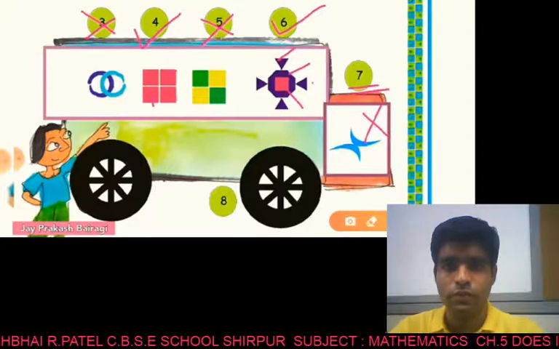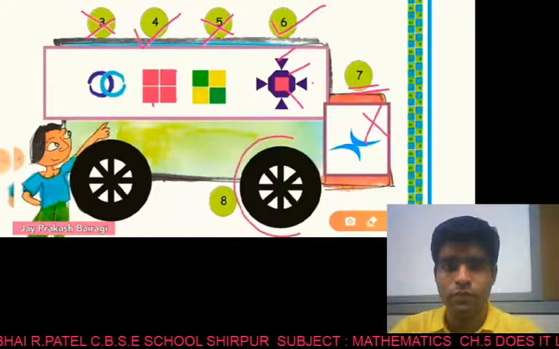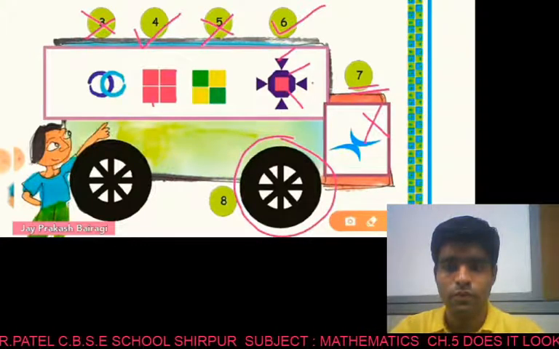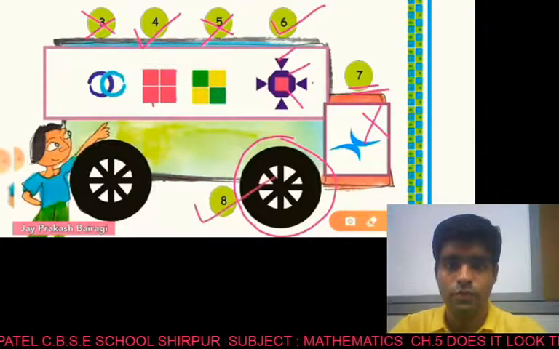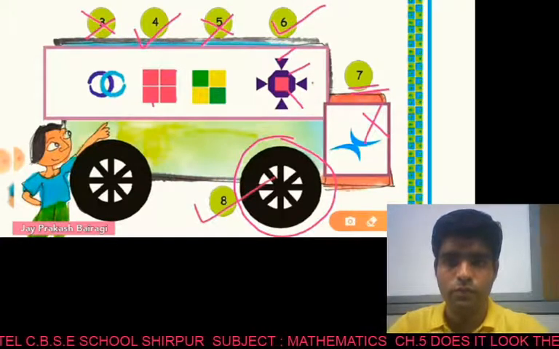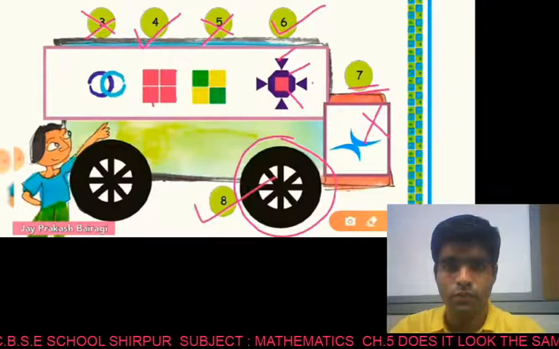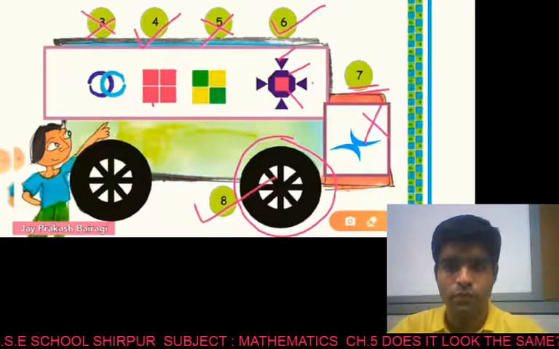And in the 8th picture you have a circle, meaning it's a wheel and it is circular. So in 1/4 turn definitely it will look the same, so just put a tick without any doubt. And in half turn definitely it will look the same, so you cannot put a cross here. So in this way we have solved this.